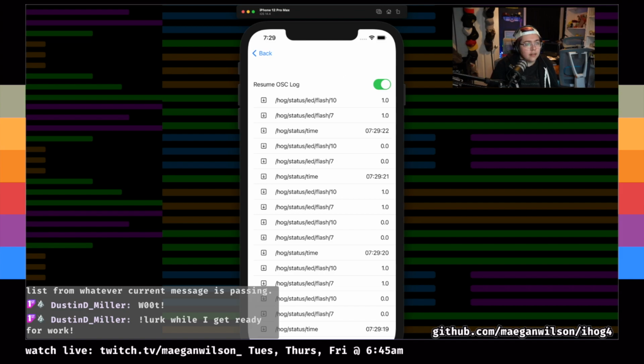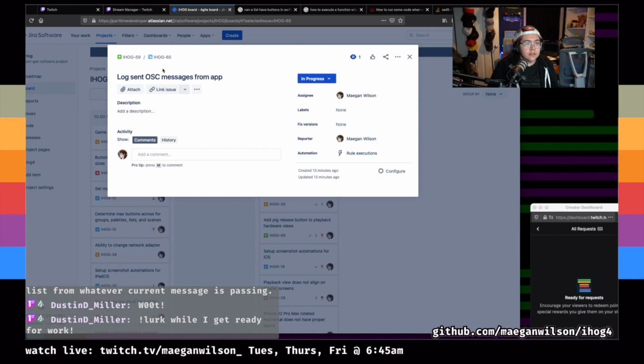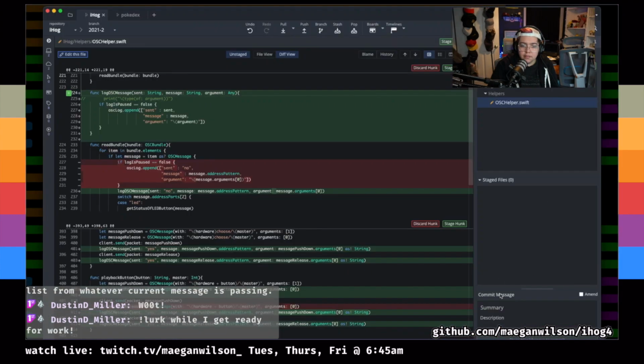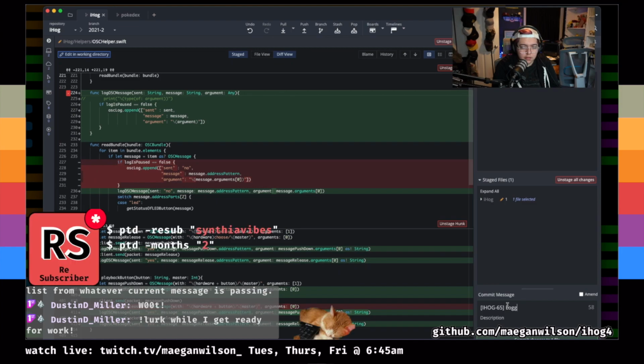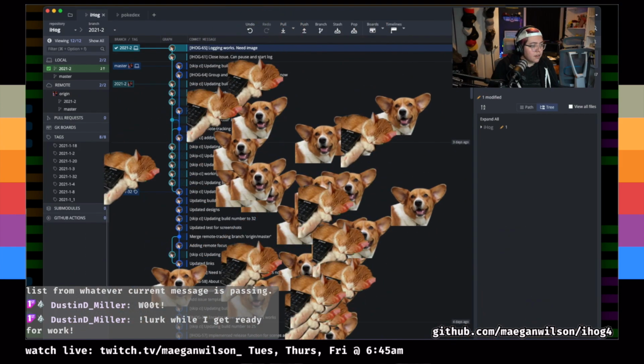And I feel like we need a clear button in here also. But we can see this, so let's do a commit now. What was this one? This was iHog 65. Stage my changes. Excuse me. iHog 65. With the stage, can receive, okay, I'm not quite done though, because the logging works, I do need a different